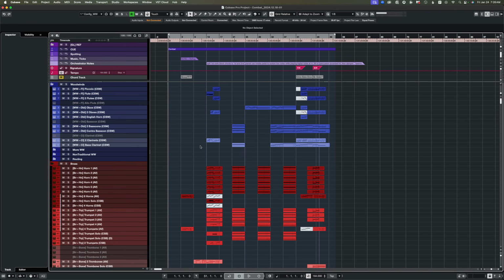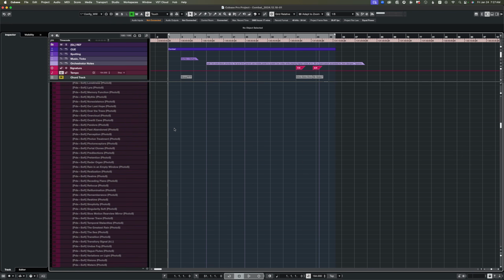Hello, today I wanted to give a quick overview of something I've been using recently to help me better navigate my template, especially in large projects. When I was working on a recent project, I noticed that I was having a really hard time getting around my template and finding all this stuff that I was trying to work on, especially if it was way down